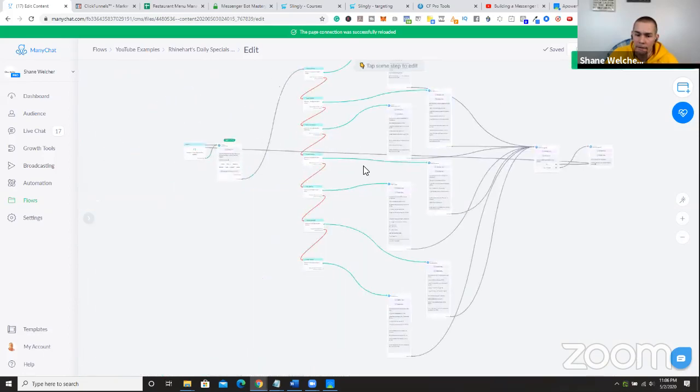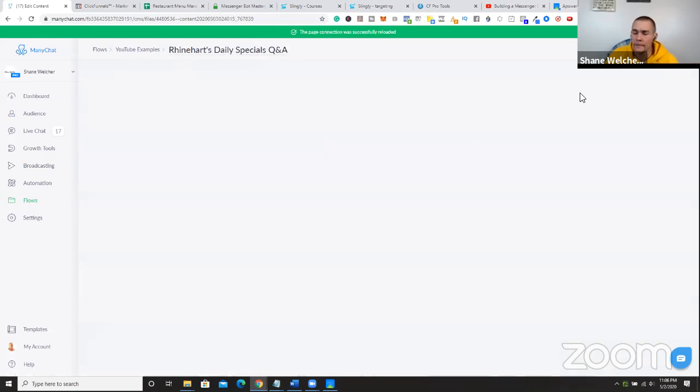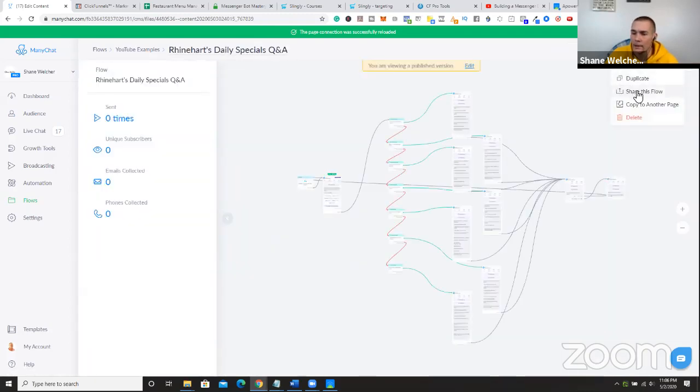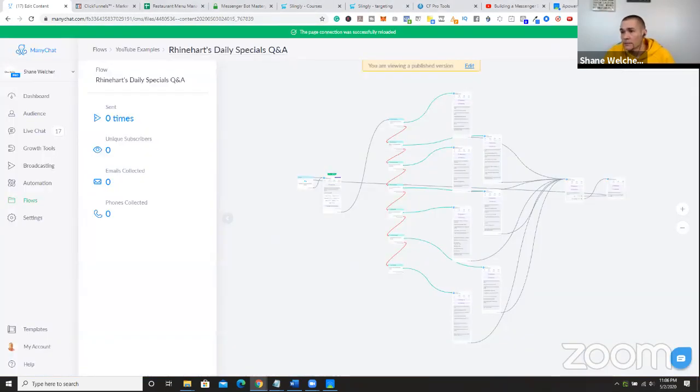Now what I'm going to do is come down and back out one. I'm going to come down and share this flow. I come down, share the flow, and copy it. I'm going to come over here to my link tool that I use, and I'm going to give you the ability to get the flow. It's just that simple. While I'm doing that, because I seem to have too many browsers open right now,